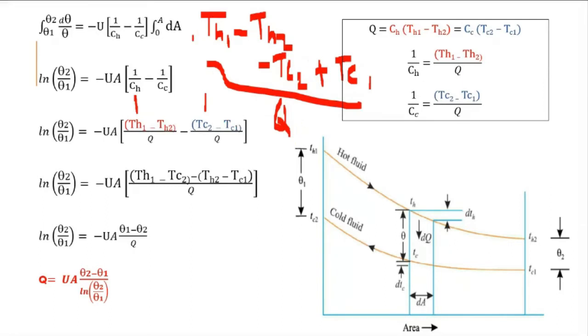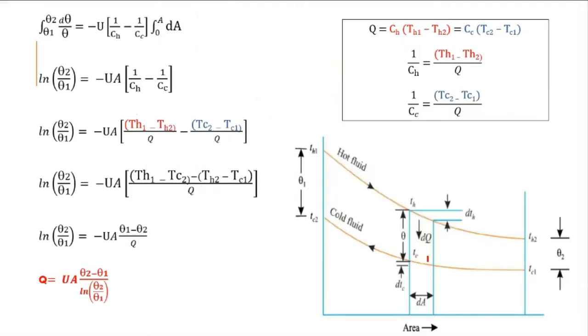Now we are going to take these two terms together, Th1 and Tc2. Th1 is with a positive sign, Tc2 is with a negative sign. We are keeping those two terms together. So Th1 is gone, Tc2 is gone. We are left with Th2 and Tc1. So we are taking the negative sign outside. If minus is taken common, the signs of these two terms change, so we get plus Th2 and minus Tc1. Is this part clear?